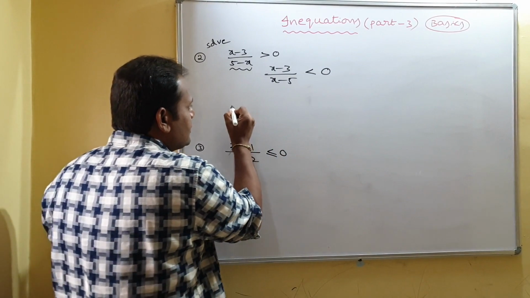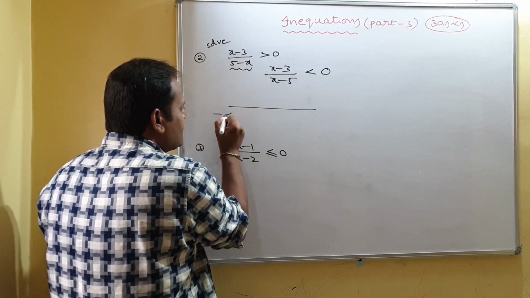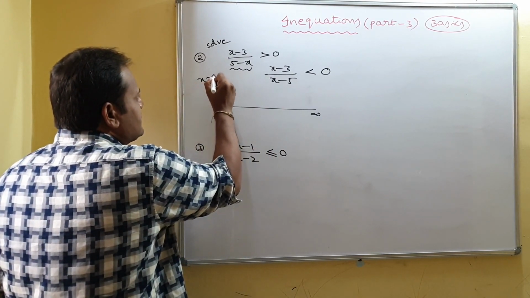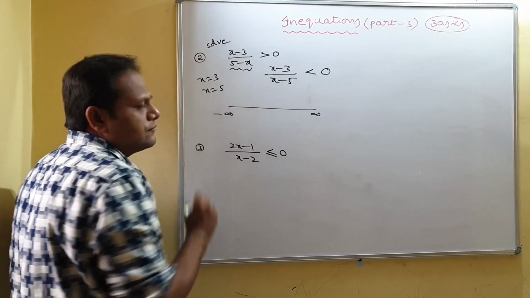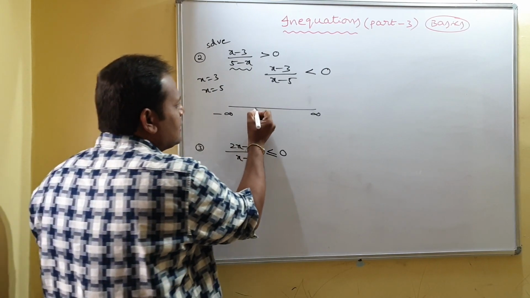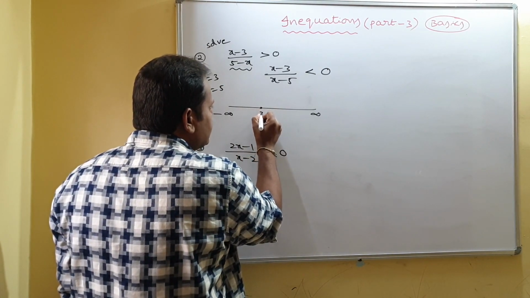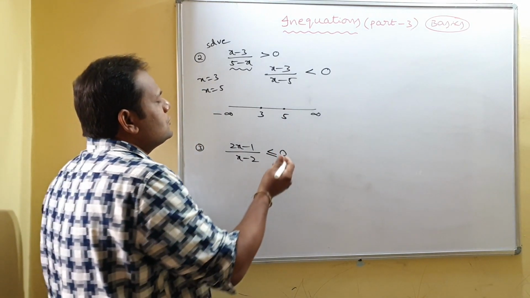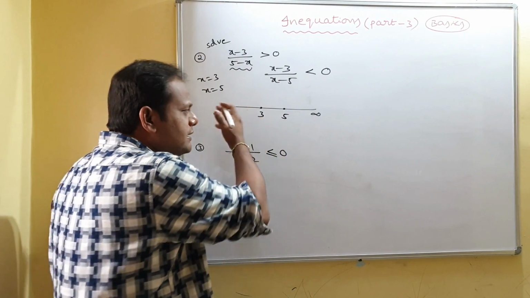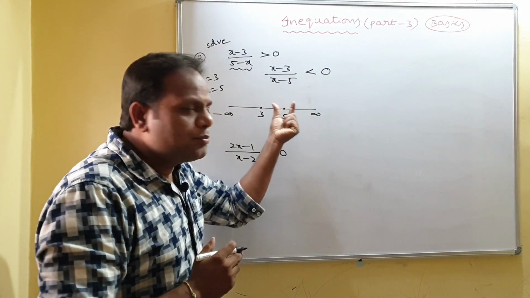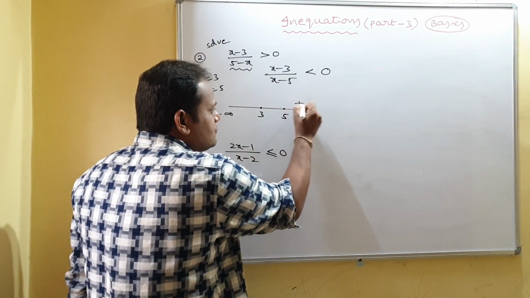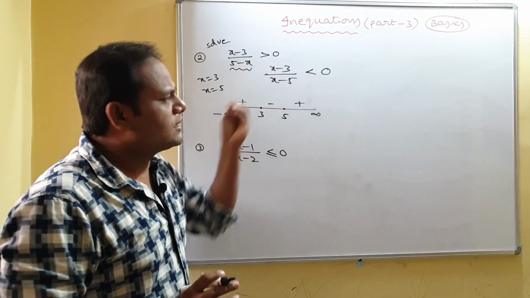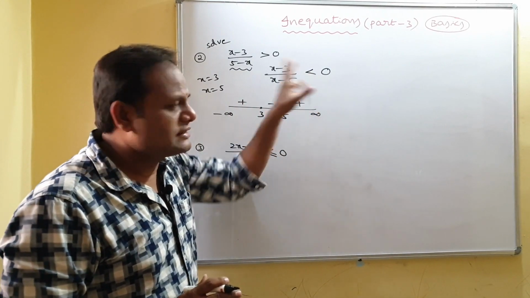Okay, we apply our regular method. So I have taken real line minus infinity to infinity. What are the values of x? 3 or 5. Is it? So 3 or 5. Mark the points in increasing order on real line, 3, 5. Is it? Now here you see that blindly in rightmost interval you can take positive. Here it is negative, here it is positive. That's all.